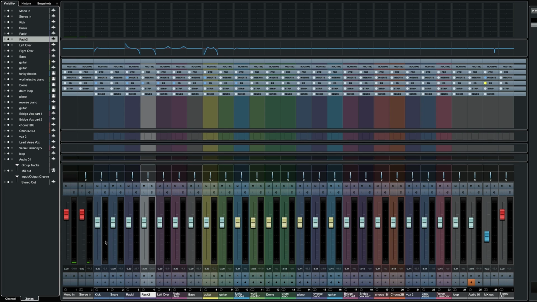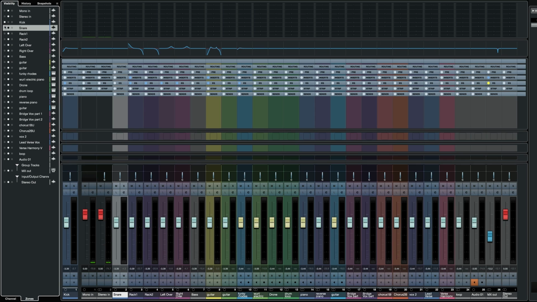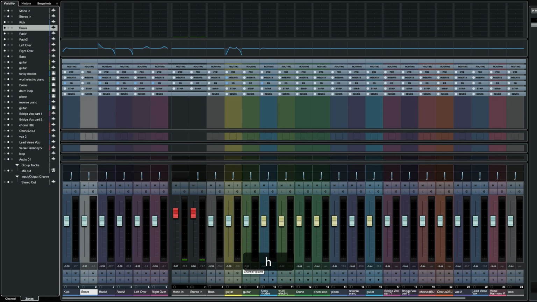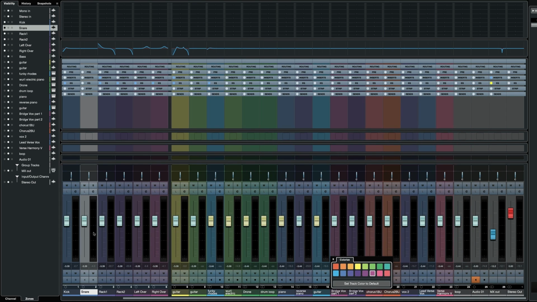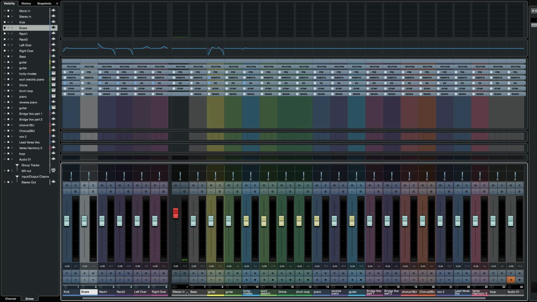So for example, if I wanted the kick, the snare, the rack, and the 2 overheads for my drums in this project to always live on the left-hand side, I didn't want my mono in and my stereo in to be in the way, I can choose by selecting the left radio button, and as you can see, they're moving over to the left-hand side. If I zoom out, you'll notice a G and H is a handy little tool to zoom your mixer on and off. You'll see all the faders on the left-hand side are currently locked to the left, regardless of how I'm cycling through what's actually in my project.